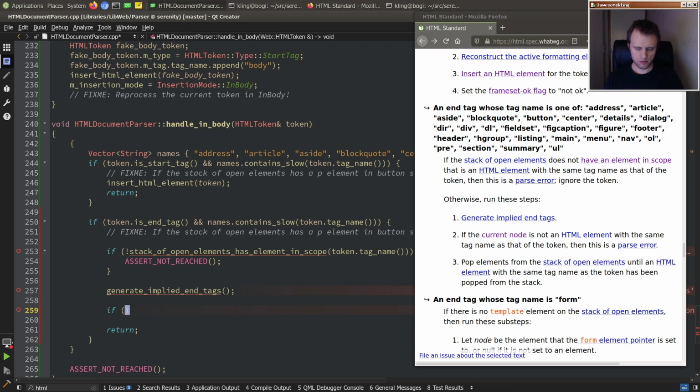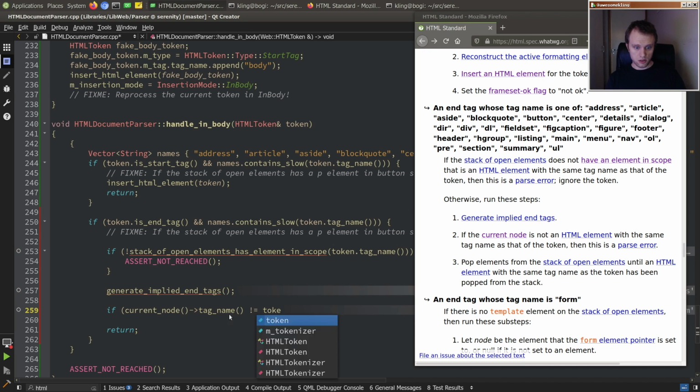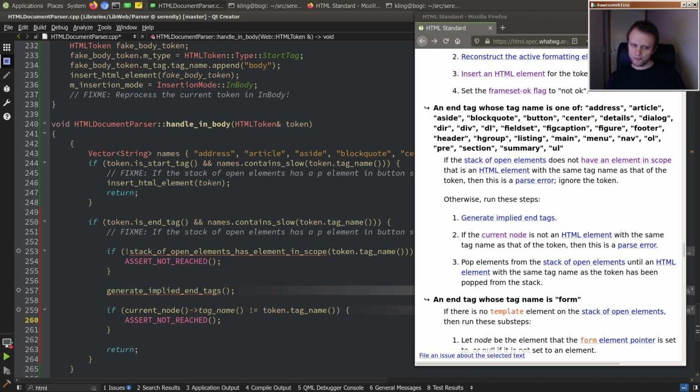If the current node is not an HTML element with the same tag name, so I guess we can look at its tag name and see if it's not the token tag name. It's the parser. And then we want to pop elements from the stack of open elements until we find one. So while current node,